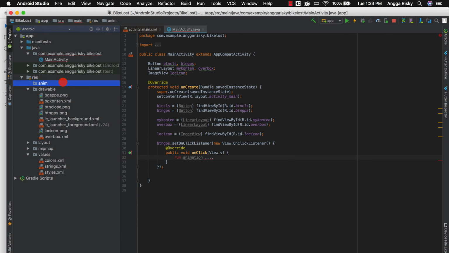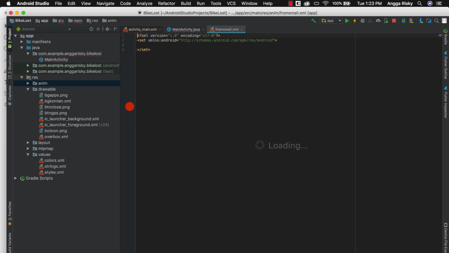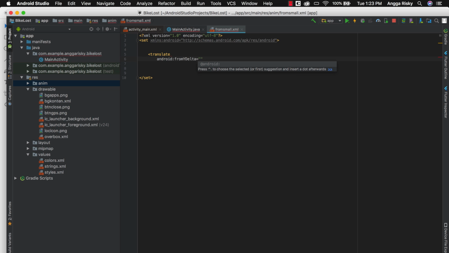Okay, and after that we have to make from small. Here we're going to play with the scale, then the translate, and then the alpha. So first I'm going to translate here from y maybe 100% to x0, and then android:duration is supposed to be 1200, and after that we play with scale.